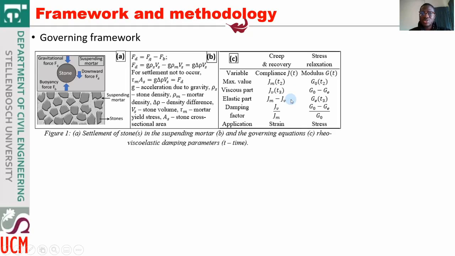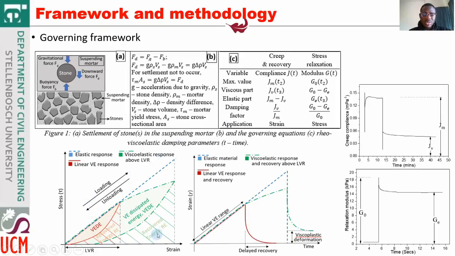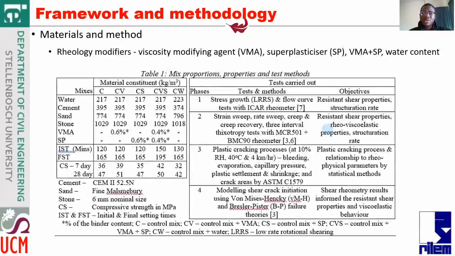Another framework we used was from creep and creep recovery and structuralization, in which basically during the loading and unloading process, some energy can be dissipated due to viscoelastic properties, and this can be measured from creep and creep recovery tests. This is a typical result, and also the stress relaxation. This is a typical result, and using some of these damping factors here, they were applied to the strain and stress measured of the concrete, and then that was used to predict the occurrence of plastic cracking in concrete.